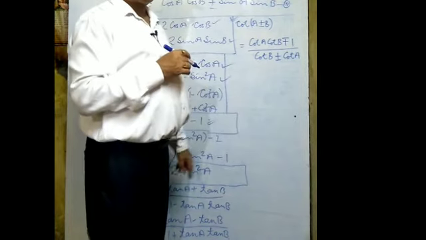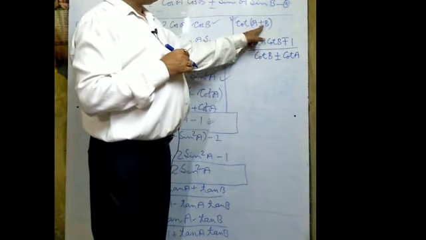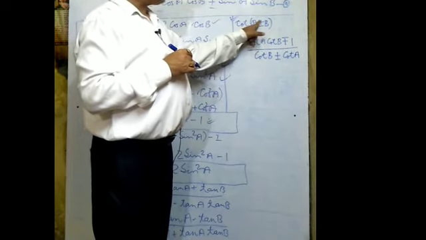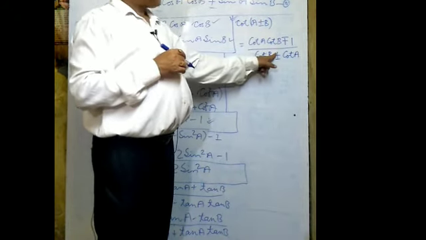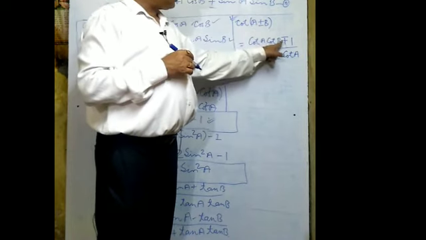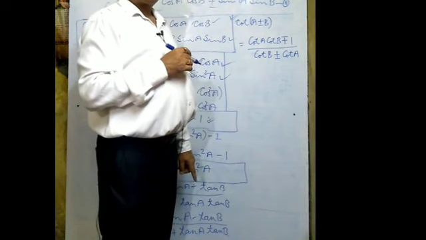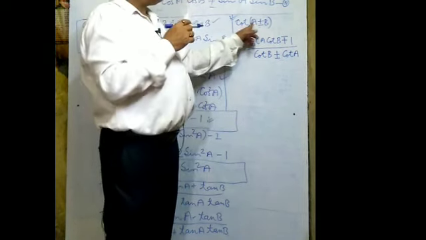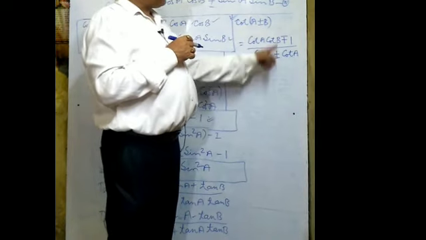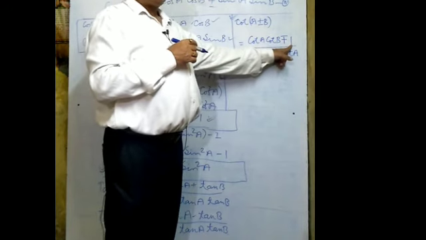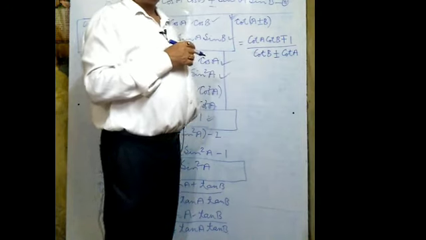If minus is there, the formula will be changed. See, it is plus and this one minus. So for this plus, this one is minus and this one is plus. And for this minus, this is plus and this is minus. You just correlate it. It is cot A plus minus B equal to cot A cot B minus plus 1 upon cot B plus minus cot A.